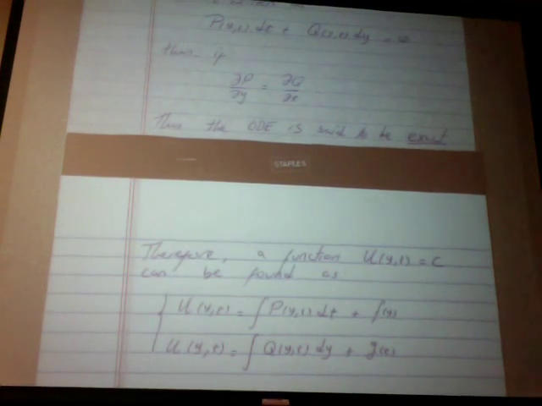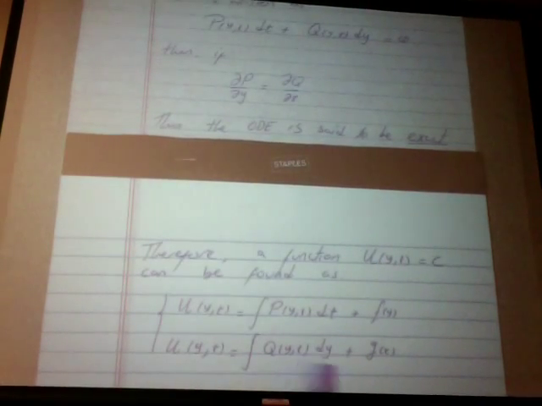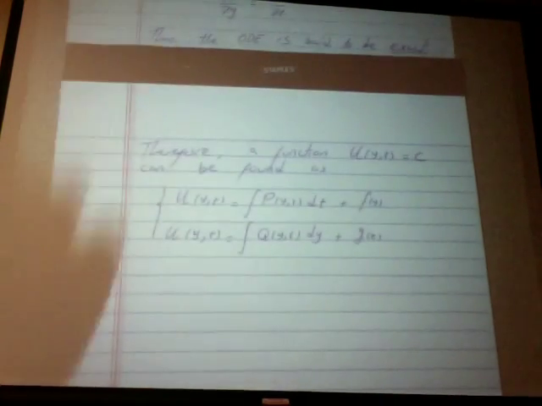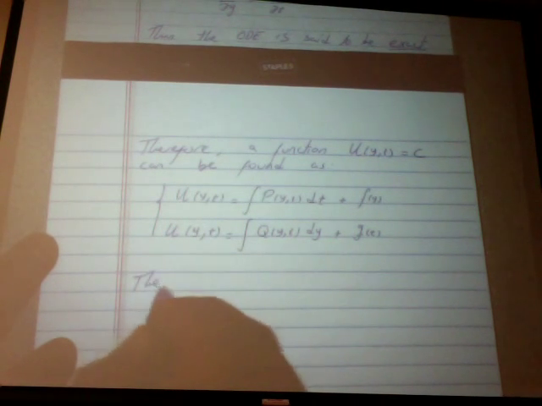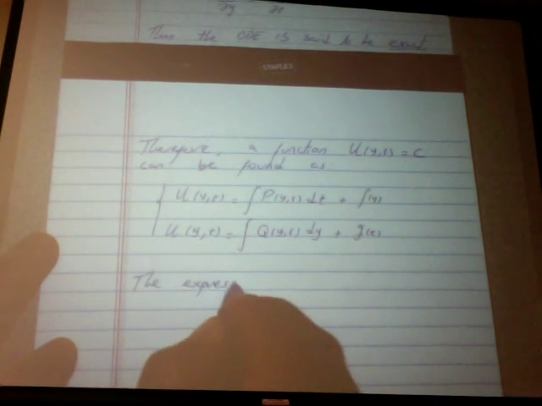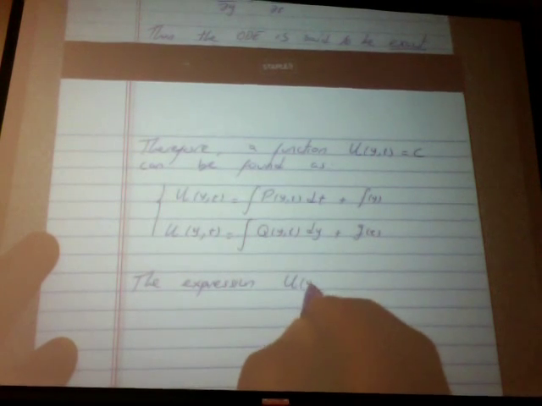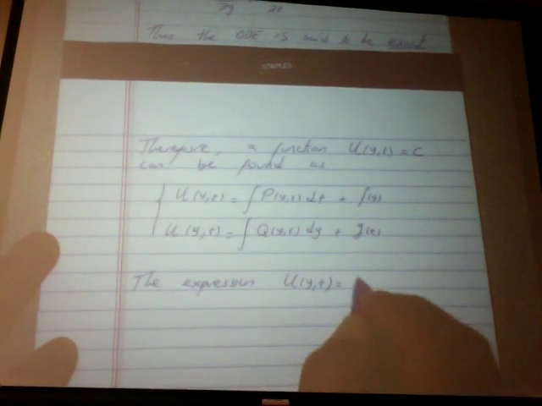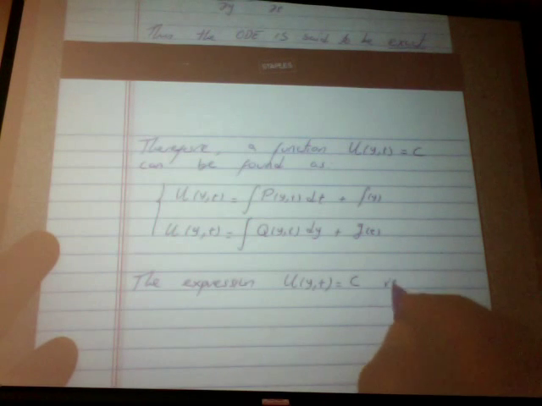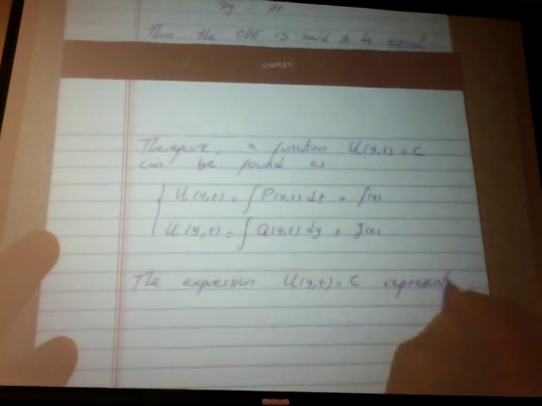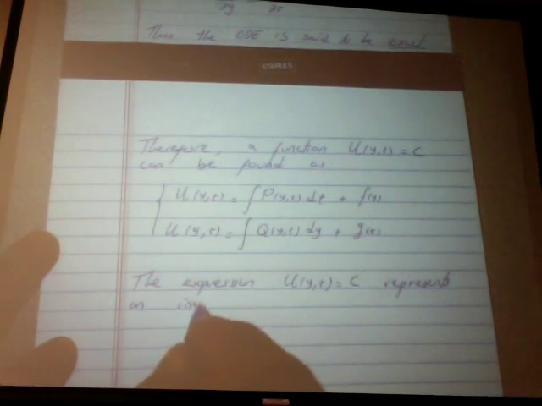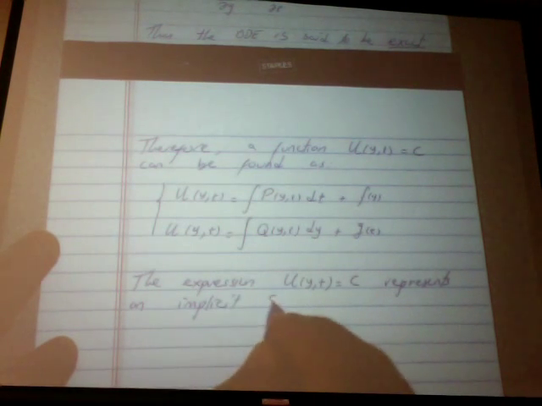We're integrating with respect to y, that's a partial integration. It's a function of two variables, so it's a partial integration. Any function of t can represent the constant of integration in this integral. The expression u of y and t equal to c represents an implicit solution